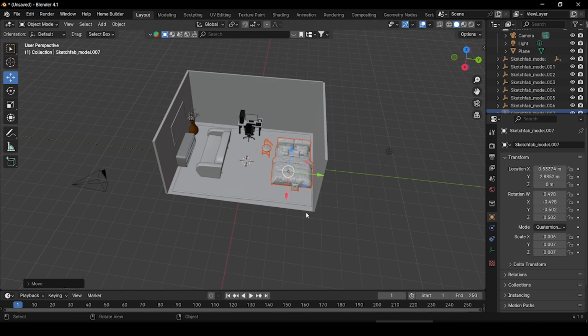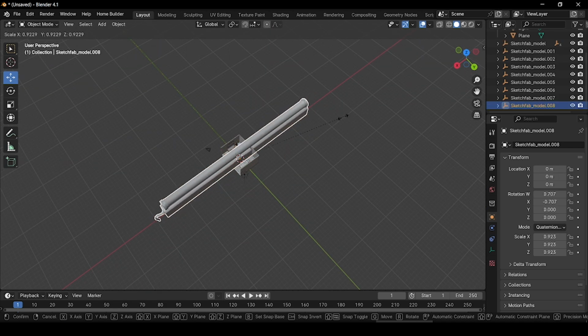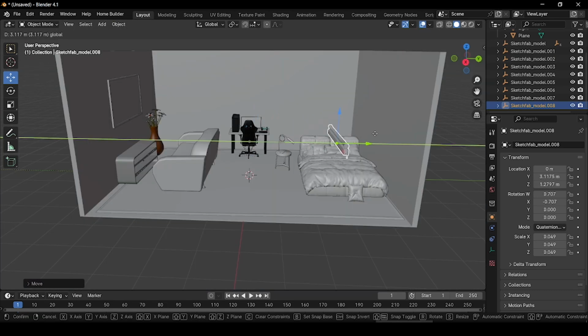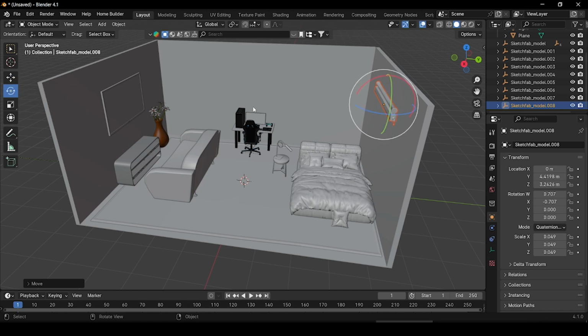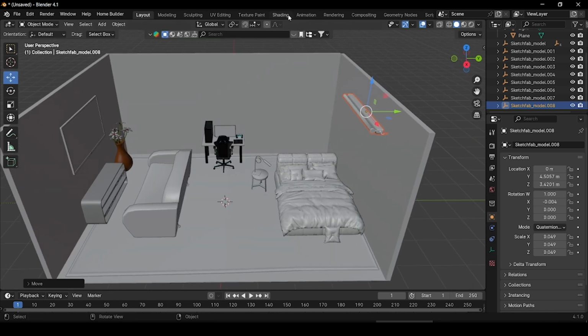And after placing the bed, let's add a lamp for our wall, and this is our lamp. Press S and scale it down a bit more and grab it up. Now grab it aside like that. Now select the rotate tool and rotate it like that, and after placing our lamp like that, go to shading